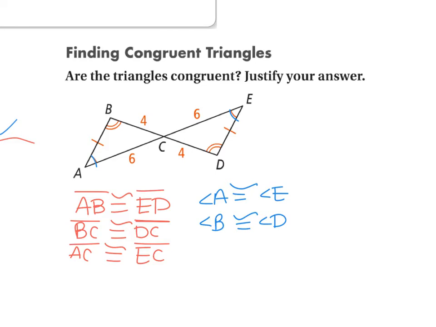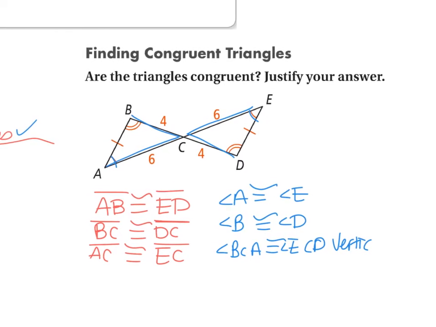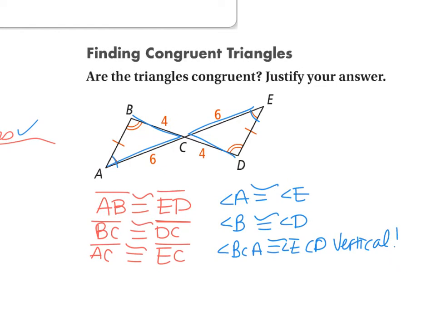Okay, now the next one is, do we know that those last 2 angles are congruent? Hopefully you're thinking, yes, we do. So angle BCA, and notice I'm using 3 letters because if I just said angle C, that could mean 4 different things. So angle BCA is congruent to angle ECD because they are vertical, and vertical angles are congruent. So are these triangles congruent? They absolutely are, right? They have all the same sides,